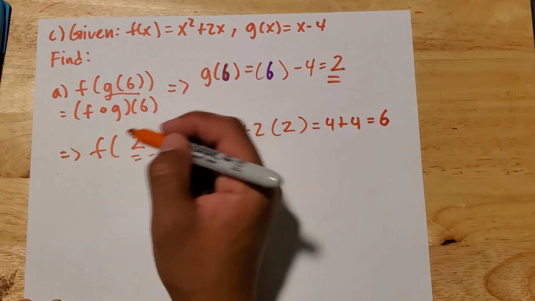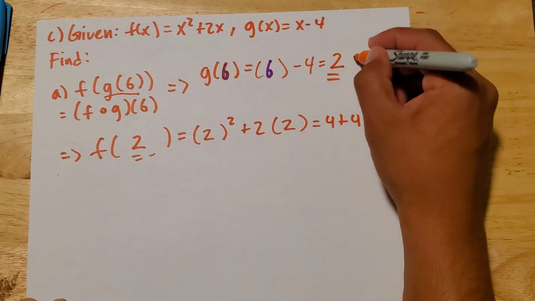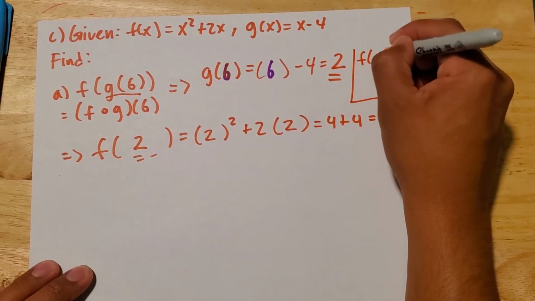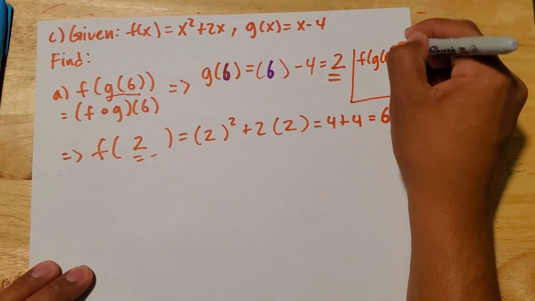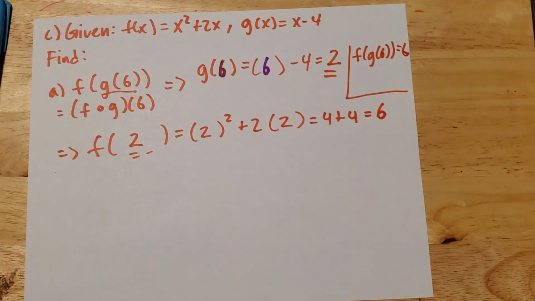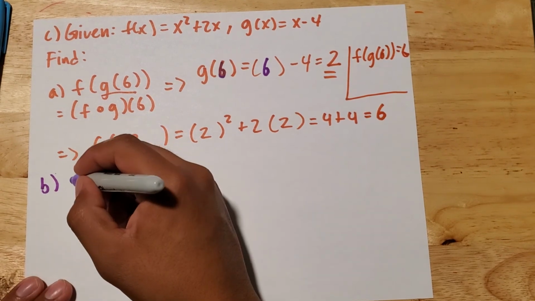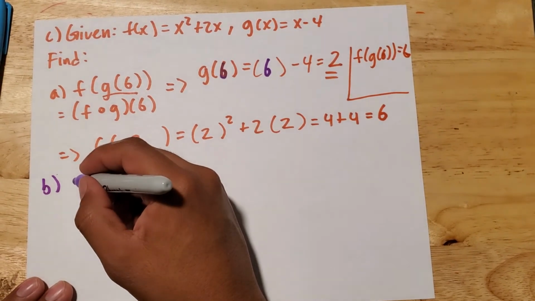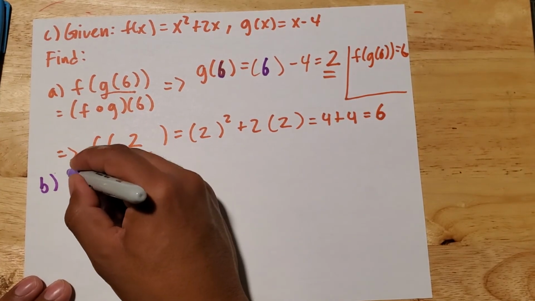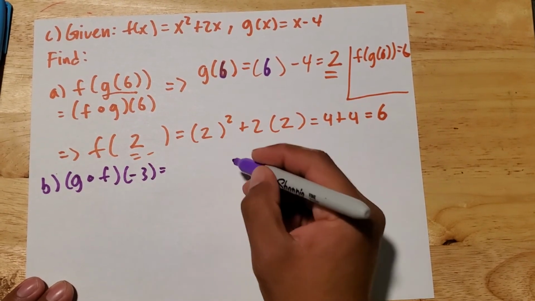So that means f of g of 6, I can put that right here. So f of g of 6 is equal to 6. Hopefully I didn't confuse you too much with that, but let me try one more example. Hopefully I can recuperate from there. So let's just do g of f of negative 3,